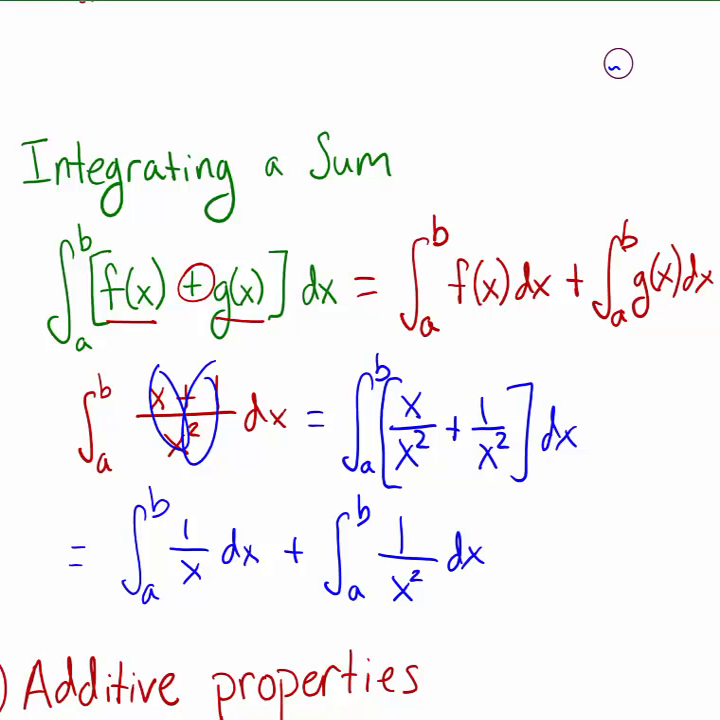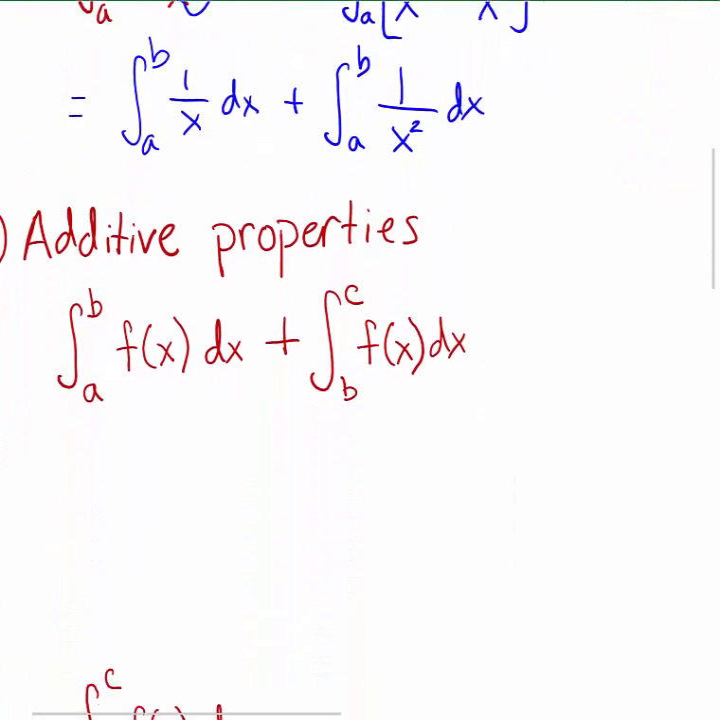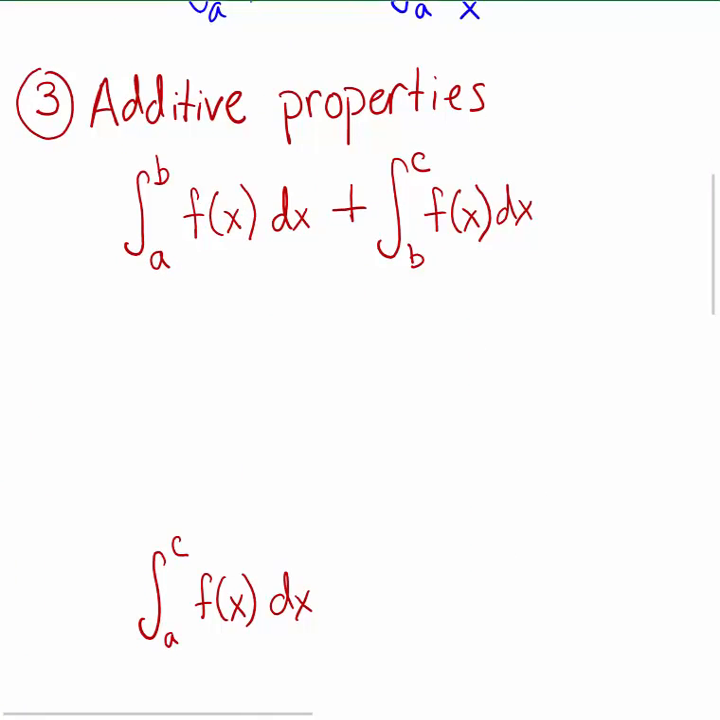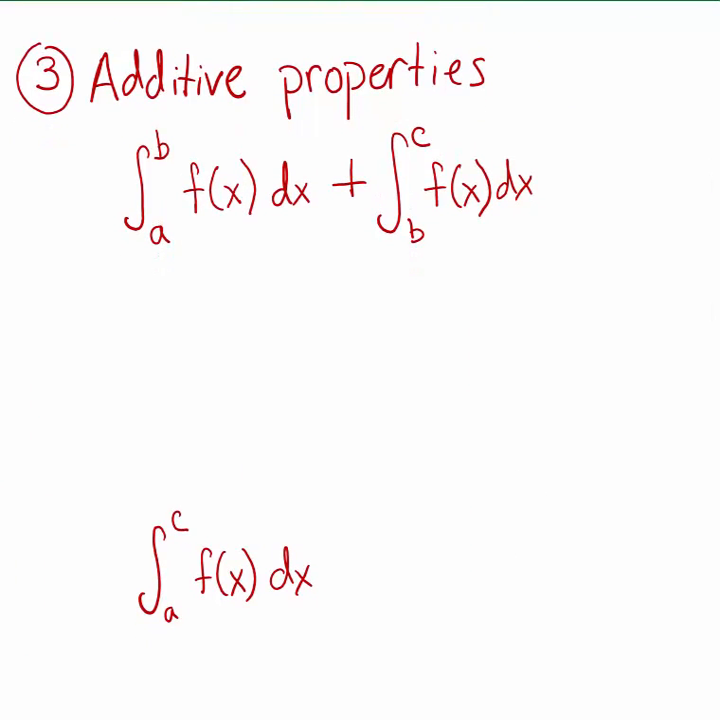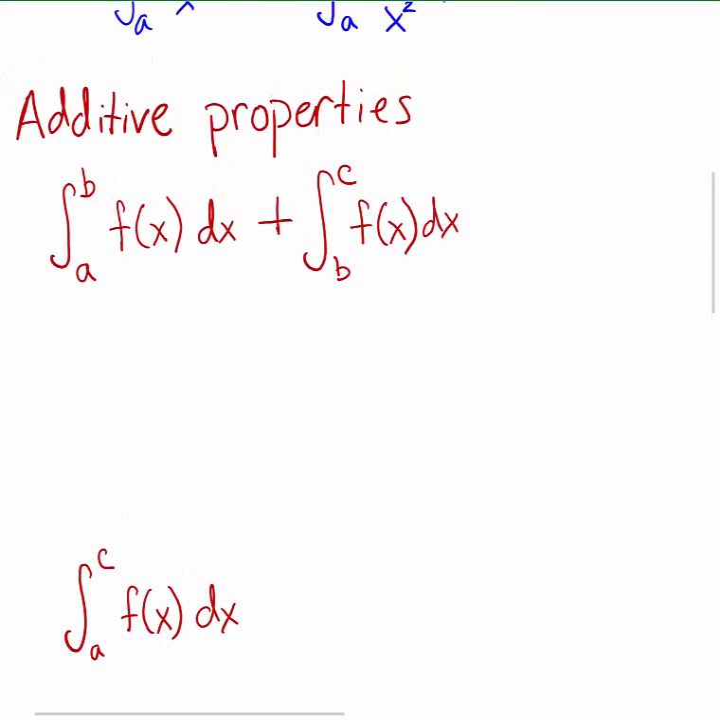The last one is some new ones for us. So these are all additive properties. The first one is that if we add the integral from a to b of f of x dx plus the integral from b to c of f of x dx, and we'll notice that the b is being repeated. So if we graphed this,